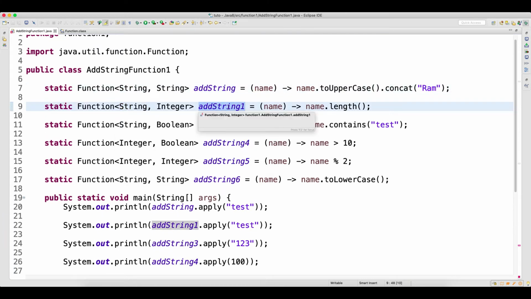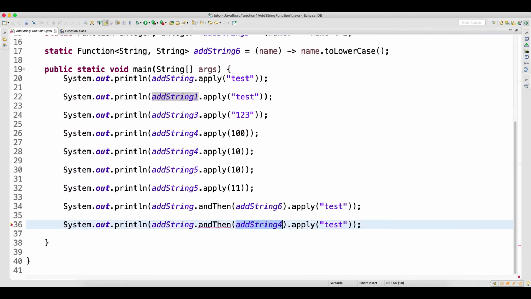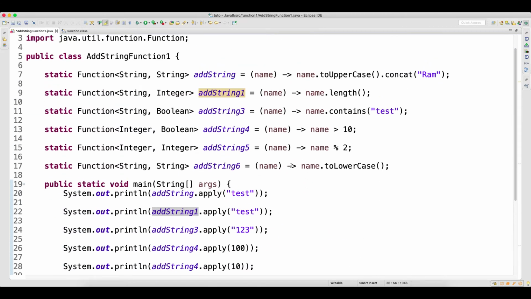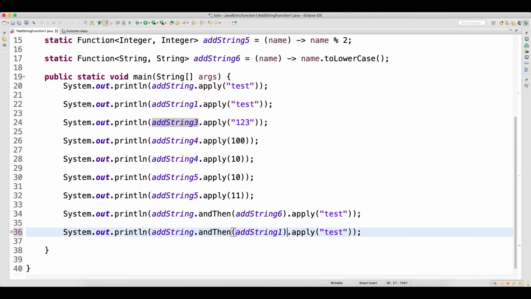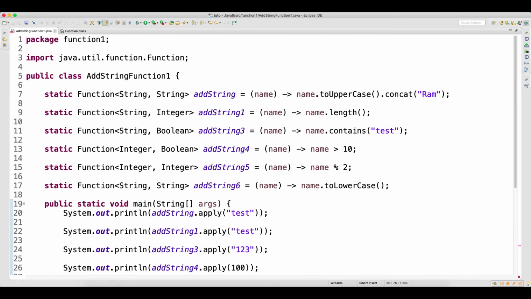You can use andThen only if your input type is the same. So I can use this string, no problem. I can also use this, no problem. I can combine more with andThen and use this. Again, look at what happened in the string 3. The important concepts we need to understand one by one. In one shot I cannot tell you everything.